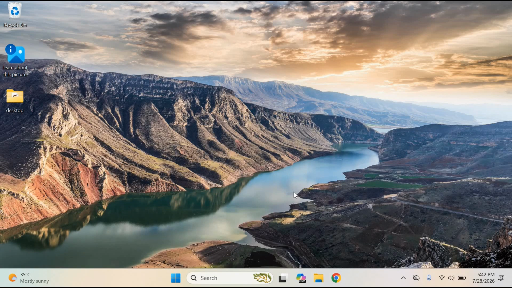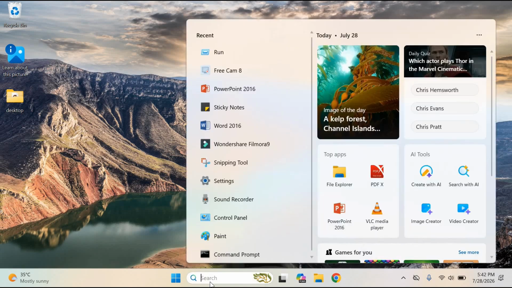In today's video, I'll show you how to check which version of Windows you're using on your PC or laptop. This method works for both Windows 10 and Windows 11, and it only takes a few seconds. So let's get started. First, click on the Windows search bar at the bottom of your screen and type Winver,